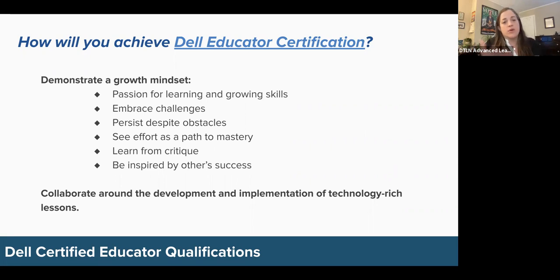Some of the things that we'll run into, and this is going to be a unique cohort because we're working through the summer instead of during a time when you actually have students or have teachers right next to you to work with. So we'll be looking at some challenges and probably facing some obstacles, but just that determination to continue your growth and being inspired by other people's successes, whether they're yours or your other group mates here. Or teachers in general, right? Like that dolphin teacher clearly had great success. And so, can you draw some inspiration from that?